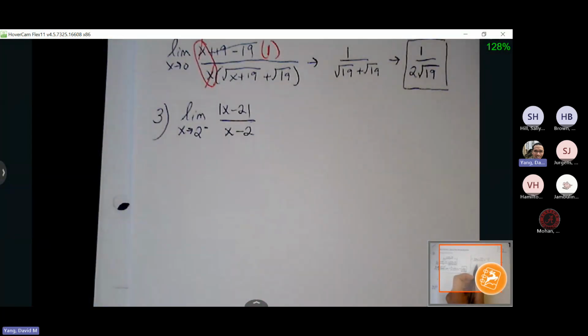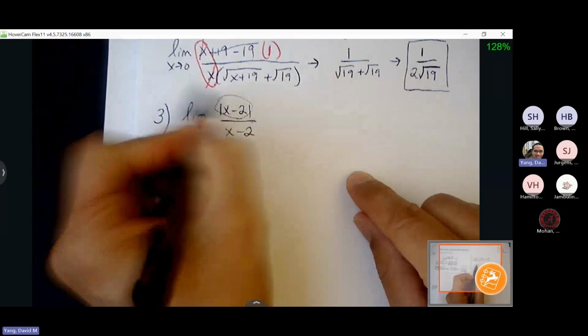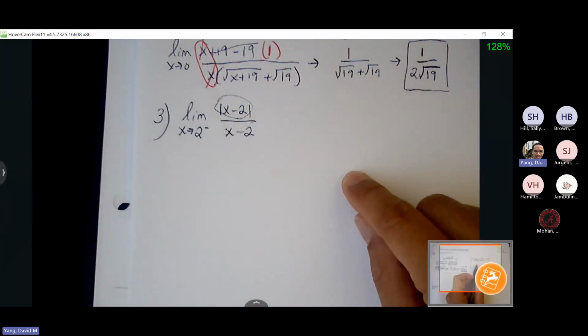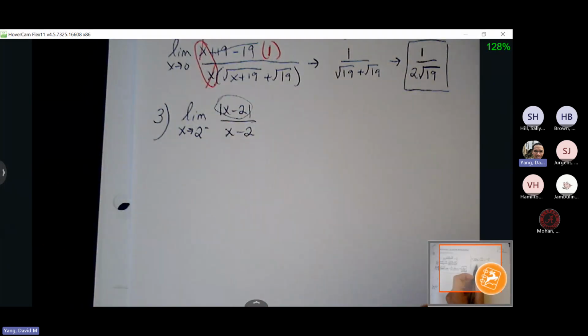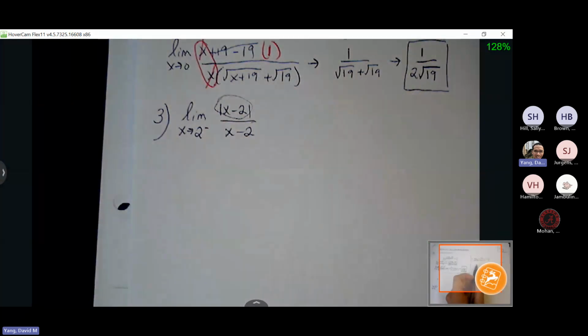This is a very useful skill later on this semester with derivatives and integrals. Absolute value functions are kind of hard to work with, and it's easier to think about if we can treat it like a piecewise function